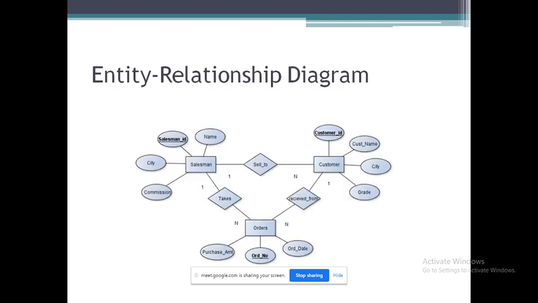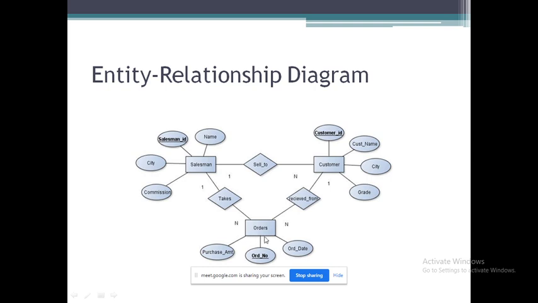Now, the next is to draw the ER diagram for this. So salesman, customer, orders, these are the entity types, because as you have seen, for each entity type we have a primary key, right? So we make these entity types. Here orders is not the verb.